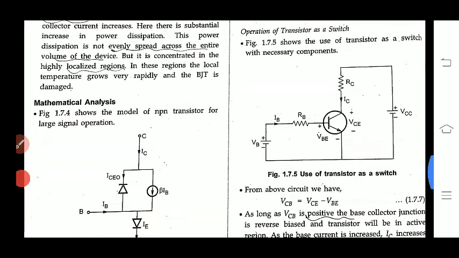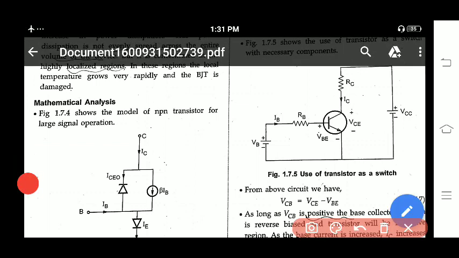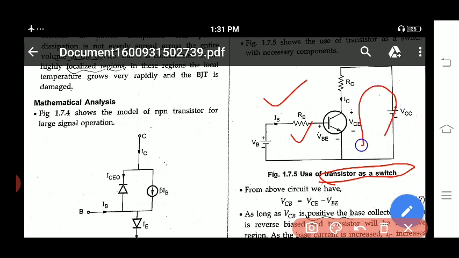And also here let us consider that you want to operate your transistor in forward biasing condition, and you are using your transistor as a switch. You can connect this transistor like this. Here you can see the transistor as a switch. If you apply some base voltage VB for this transistor, this switch will be on. Whenever this switch is on, current starts to flow from collector terminal toward base terminal.